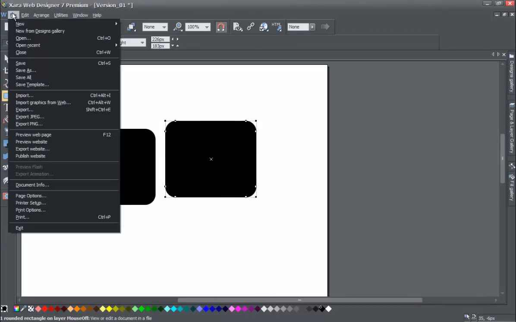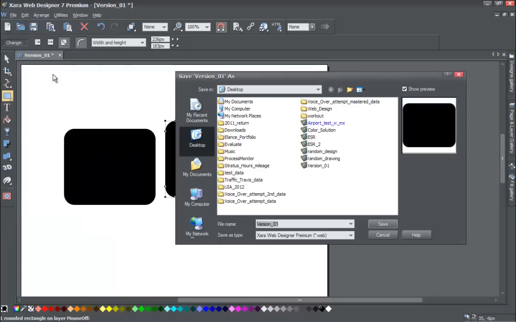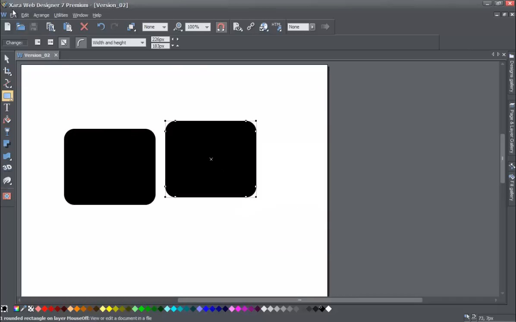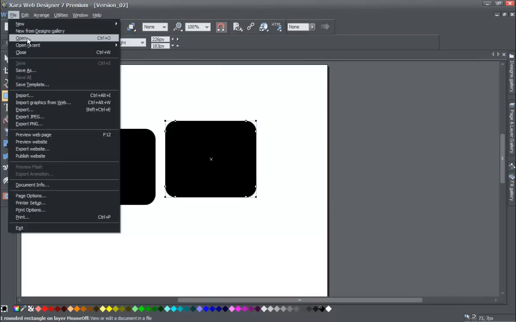And then go to File, Save As, and then this time let's name it version 2 as the file name, and it's going to save it to the desktop because we have it set to save in desktop. So click on the save button, and now if you go to File, Open,